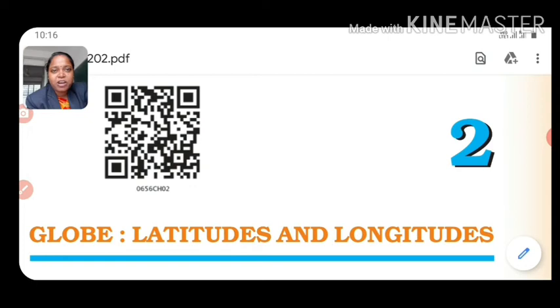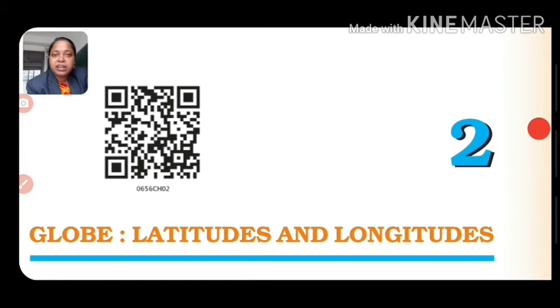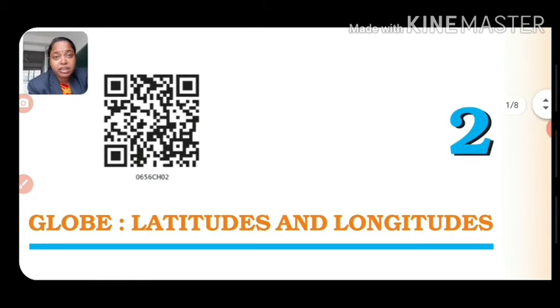So till now, whatever you have completed, I hope you have remembered all the things. What we had discussed in these two parts of this chapter was the globe, how we will study the globe, and then what the latitudes are and what the longitudes are. We had concluded with the definitions of latitude and longitude in the previous parts of this chapter.